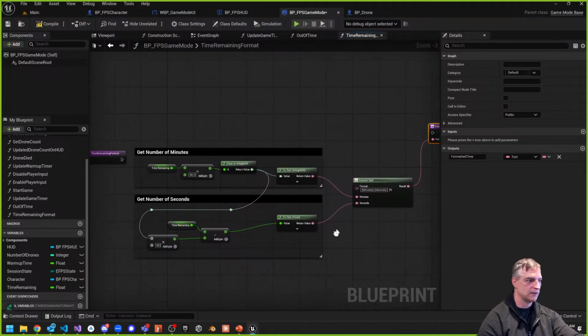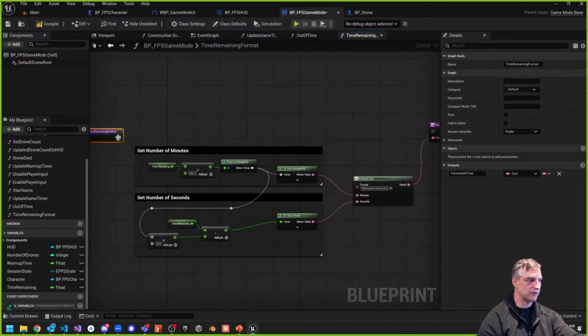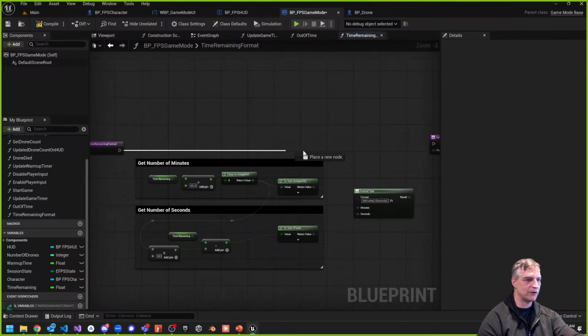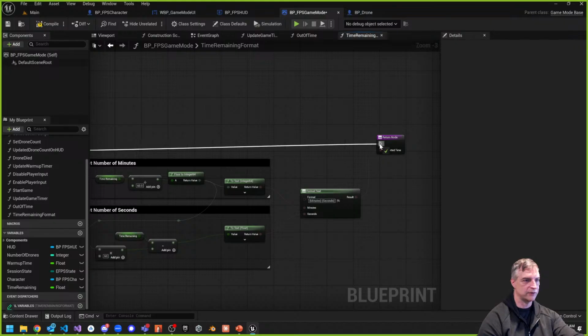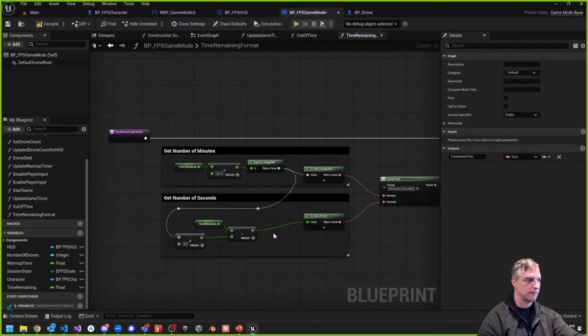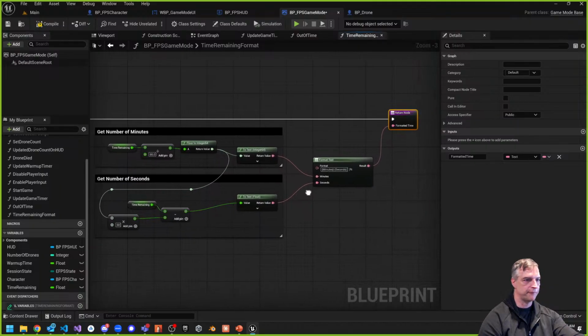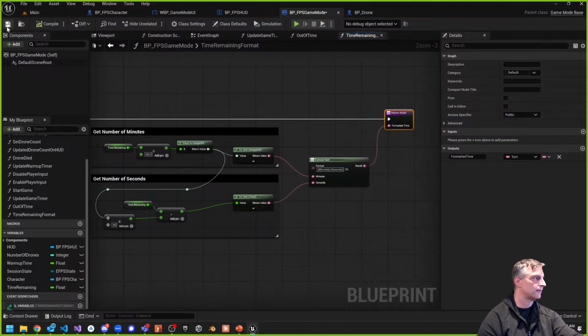It's a little bit tricky, and that's why I'm showing you how to do it. So that way people get stuck on this one too. Like I didn't know how you get those values. All right, and that is the time remaining format. That's what that is, compile save. Awesome, so now that we got the time remaining format,